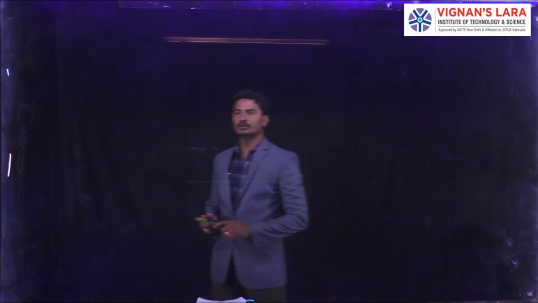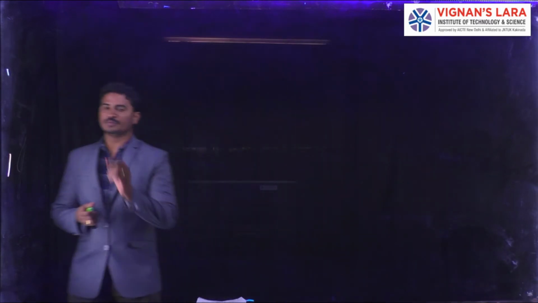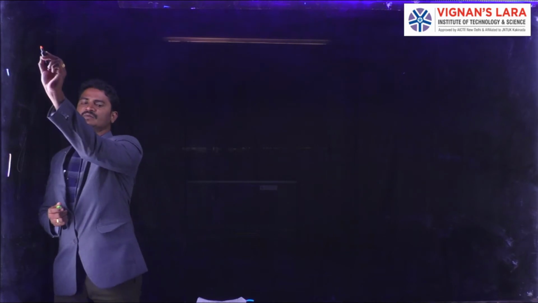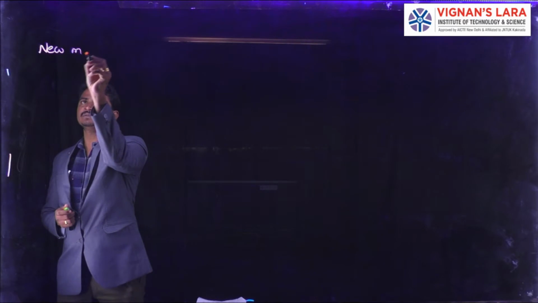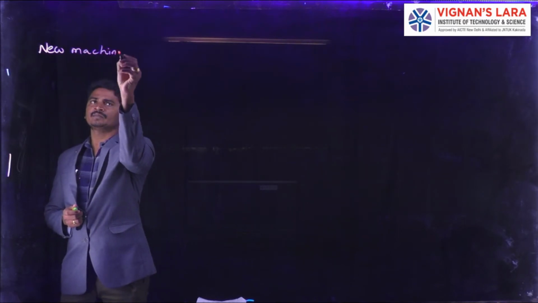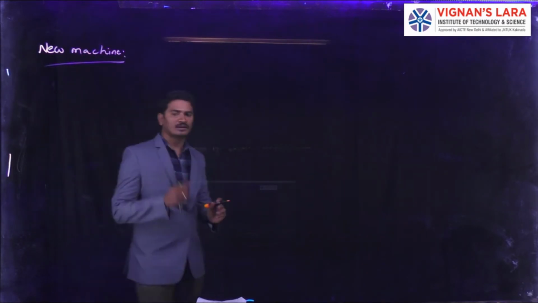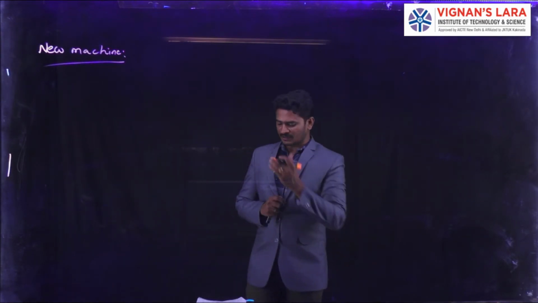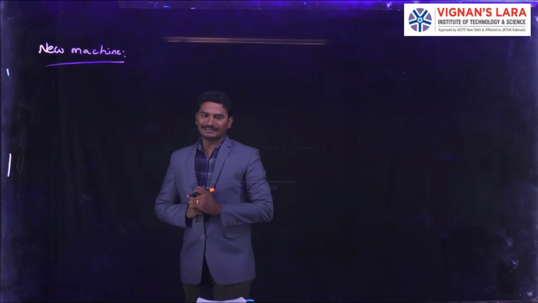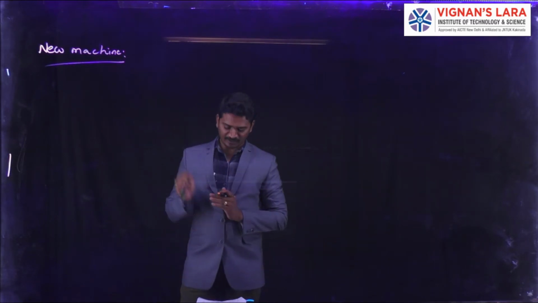Here we have two types of machines, that is new machine and old machine. First I would like to calculate the replacement years. First the new machine. I am going to calculate the new machine first, and thereafter I am going to calculate the old machine. Here we are going to calculate the depreciation cost. It means the present worth factor we are going to calculate here.